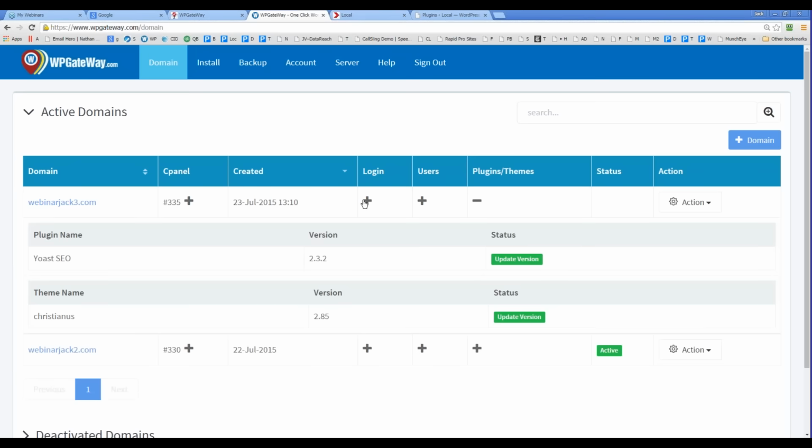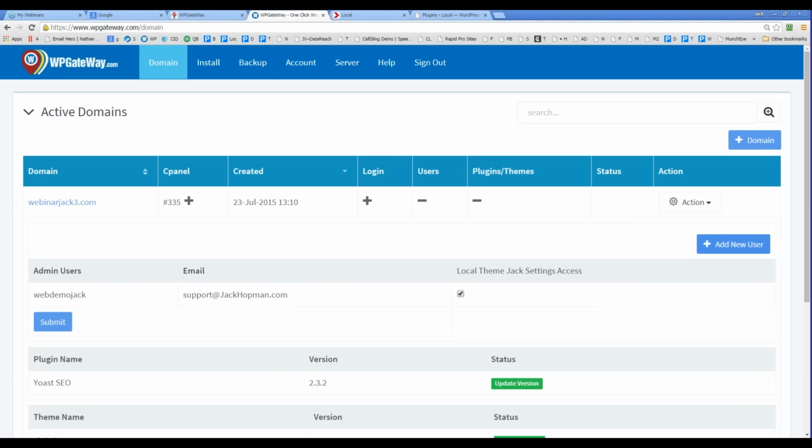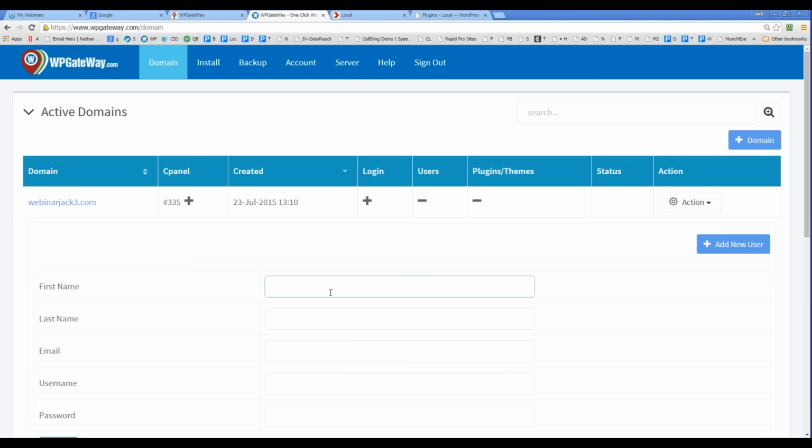And now I'm going to see what is new. You see, this is the user, but now you can add. Now first I want to show you, is that user allowed to see all the local team Jack settings? If he's not, you uncheck that. So if you want to hand over that website to a client, and he is allowed to see the backend, but not that it is on local team Jack side, and the license info, you just uncheck that. So if you go to add user, let's say Jack client,